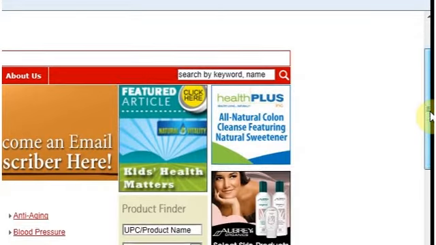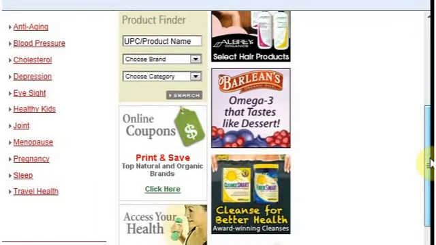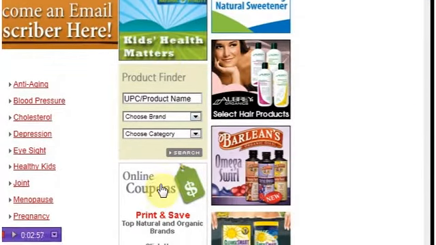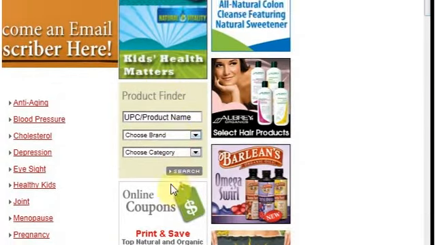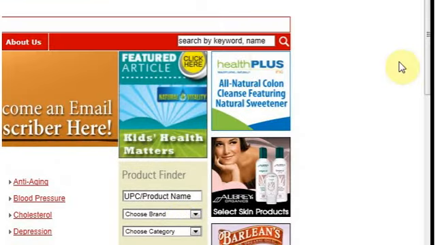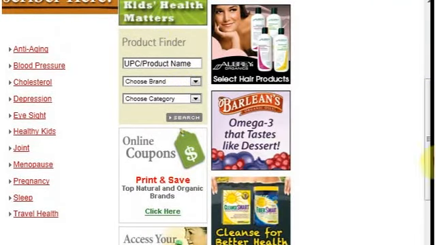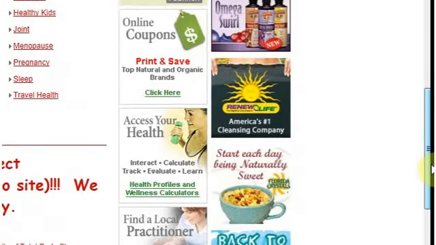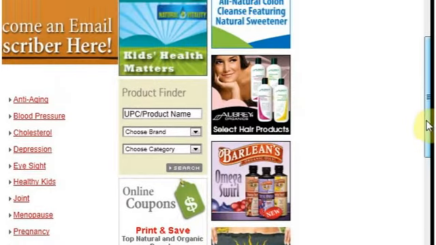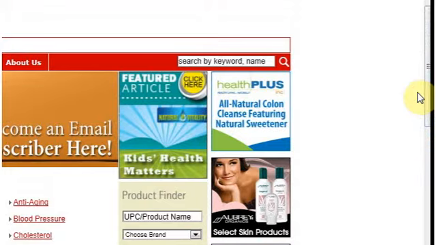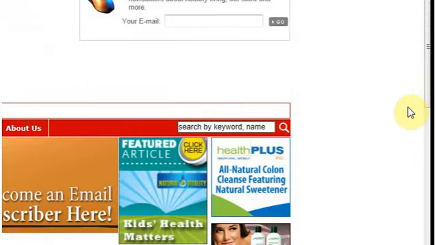We'll go ahead and reorder some of our third column, and this is the third column here. Some of our third column tools here. As you see, we've got Product Finder, featured articles, coupons, a couple other tools. So we'll go ahead and reorder some of those. And then after actually editing the layout of the site to bring it up to date, we'll go ahead and change some of the content,